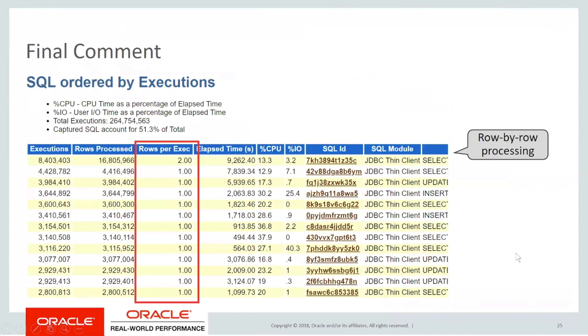A final comment that I want to make here is that this is very common. Again, I mentioned this earlier: that insert statement, the one being hit by index contention, was using row by row processing, but actually everything is using row by row processing. This is not the most efficient way to make use of an Oracle database, but alas, that's the way we build applications nowadays. The thing that I spot though is that there's one that very prominently always has 2 rows